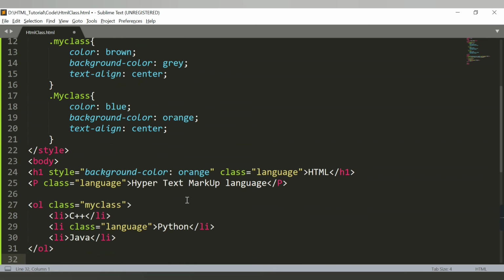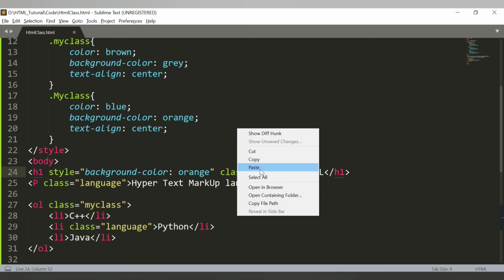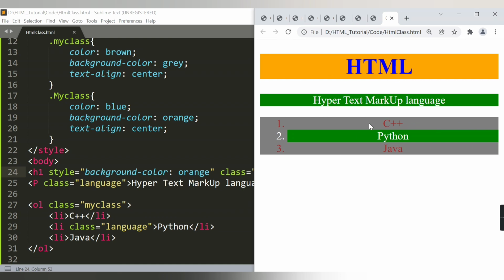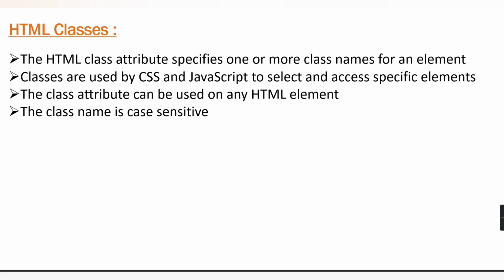Now what I will do, instead of using it for language, if I use class as my class, now both are my class, but they are case sensitive. Let me run it on browser. So see, for the first heading we have provided my class with M capital, so the properties of that class are getting applied. So that thing you need to remember: class name is case sensitive.